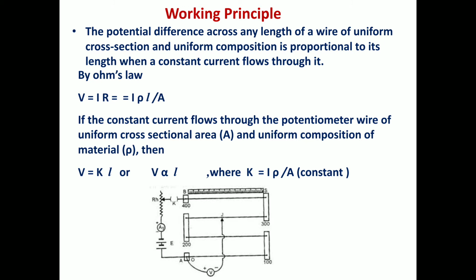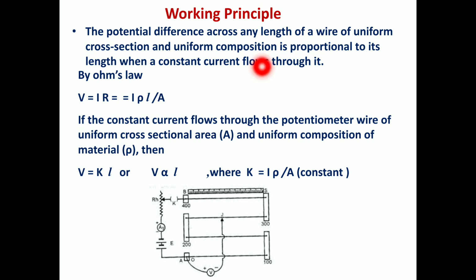It should have uniform composition, which means it should have uniform resistivity throughout the circuit, and constant current should flow through it. So three things are required. If these three things are satisfied, then the potential difference across any length of a wire is directly proportional to the